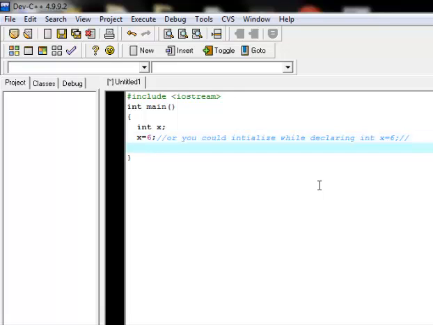Now we're going to print this. std::cout, and if you remember from the last video, that's a function from iostream. So it's going to print whatever stream I insert into it onto the screen. So std::cout, the value of x is, now